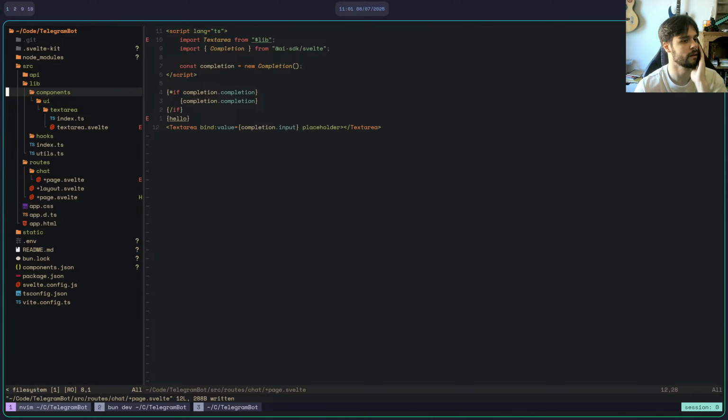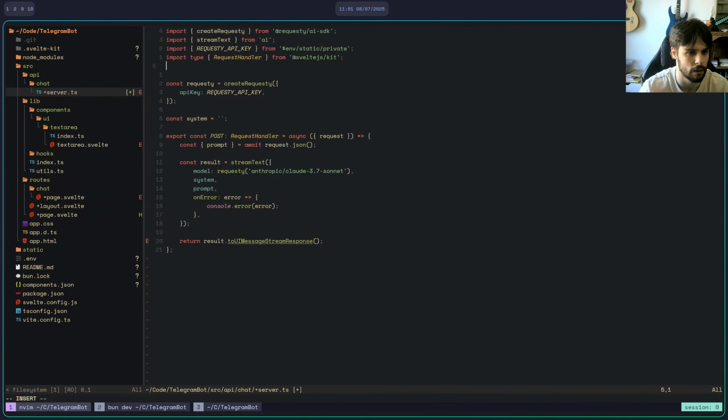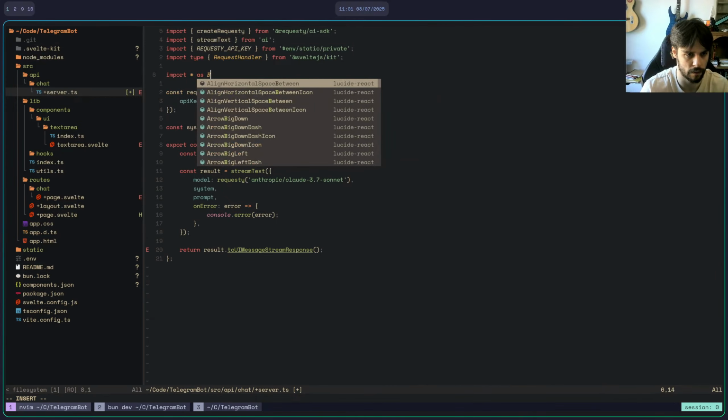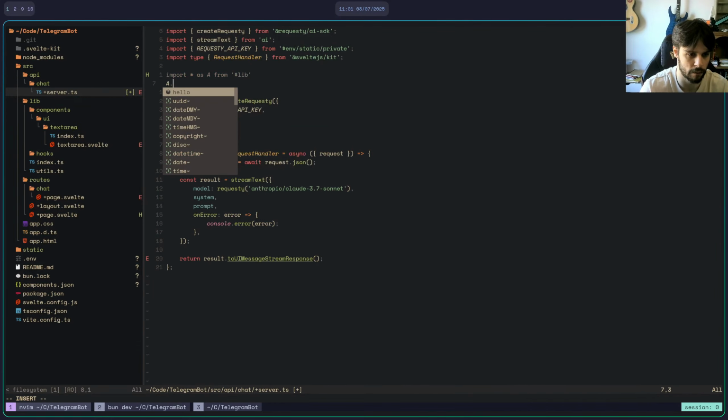Sorry, I'm actually trying to figure out how the aliases are properly working. If I do import all this a from the lib and I go a dot hello, yeah, okay, that works.